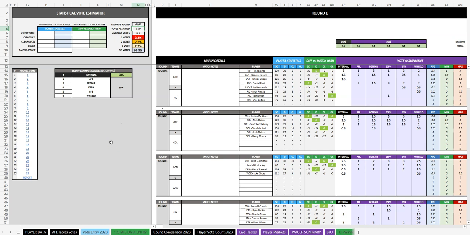So that must be something like 140, 130, 100, 135 games that have votes assigned there. 135 times 6, I think. Anyway, close enough. All right. So as you can see, this doesn't mean much yet. It's saying 2.2% of players got 3 votes, 2.2 got 2, 2.2 got 1, and 93.5% got no